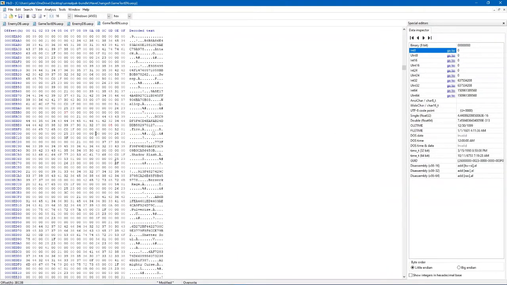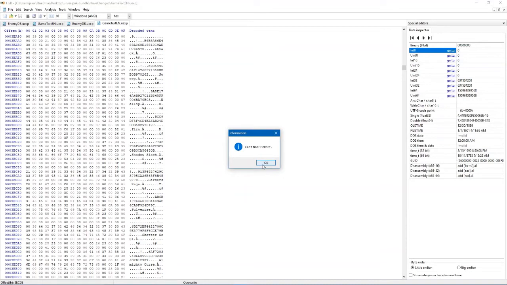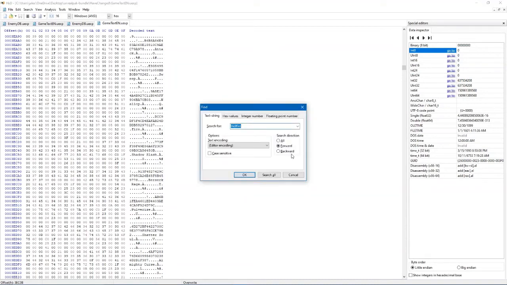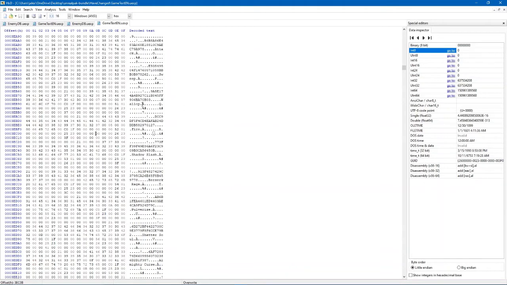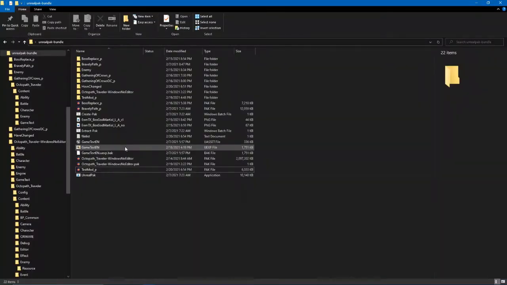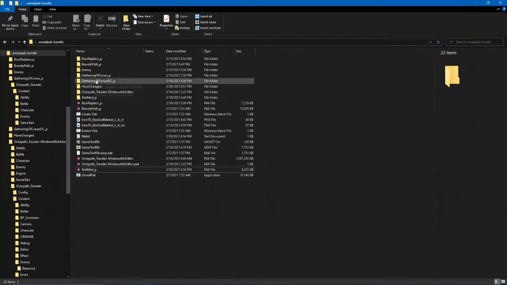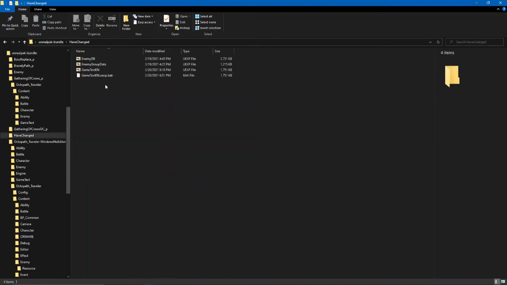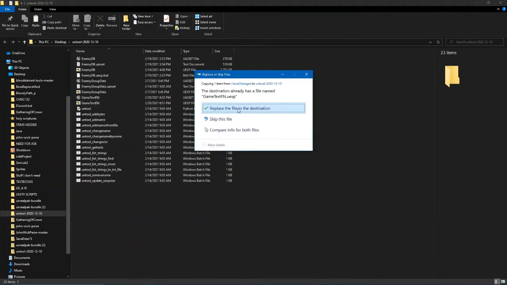And yeah, should be this, right? Actually, just to be absolutely certain, I'm gonna search up Hellfire again. There is no more Hellfire. I'm gonna search backwards. There is no Hellfire. Good. Okay, so now we have to do the thing again, which is okay, wait, just checking. Have changed. Okay, this is in have changed. Very good. So go inside have changed, take GameText en, drag and drop it over here, replace the file in destination,